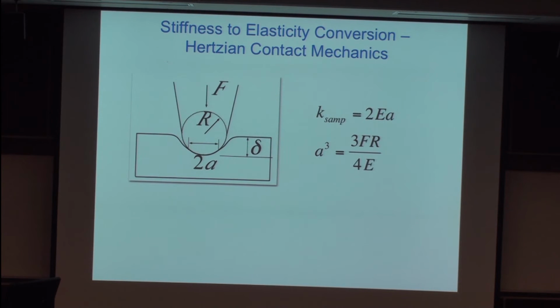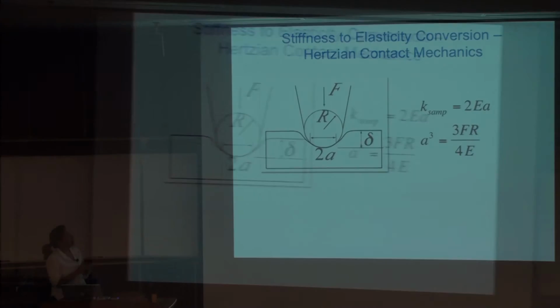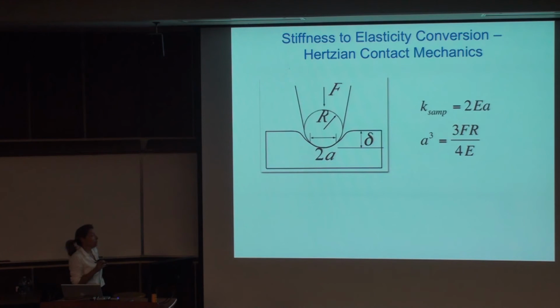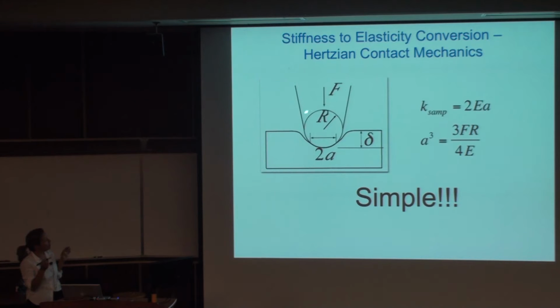So elasticity measurements in the AFM world all start with the Hertzian model, where this guy in the 19th century was studying the compression of lenses. And we still apply these models in contact mechanics. This is just a representation of the model in a simplified way, but what is important to remember is if you push on the sample with an AFM tip and you assume that your tip is a sphere,